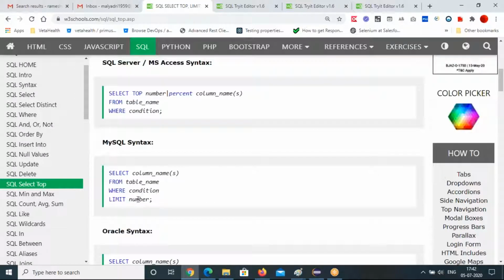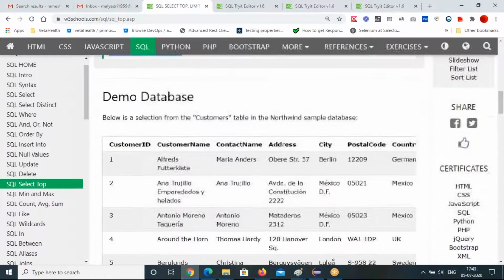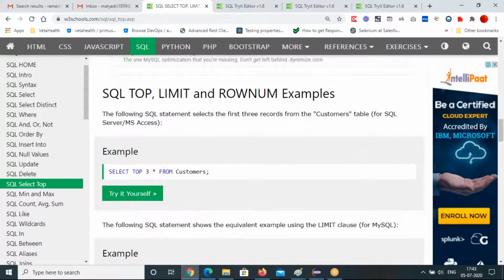So you want to limit the number of records you fetch from this table based on this condition. You can limit with MySQL. In the Microsoft SQL Server database, you can use the TOP command. So based on the database you can use all of this. Now let's see the TOP command first, if you are using Microsoft SQL Server or MS Access, Microsoft-related databases.